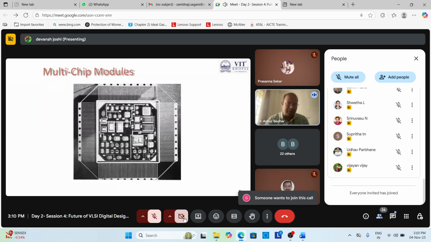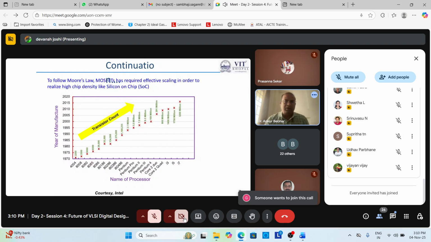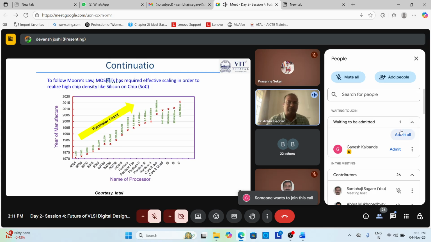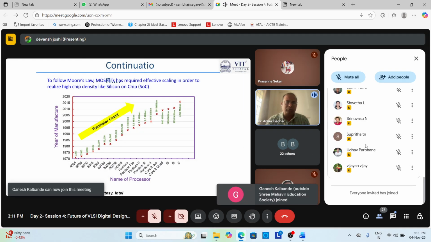The multi-chip modules we have understood, where we have the input, output, memory, and the peripheral devices and the controllability over the same unit dice chip that constitute the multi-chip modules and the IC chips. In continuation, to follow Moore's law, we know that the number of components and transistors double every 18 months or 24 months, or we can say every 2 years. So to follow Moore's law, we